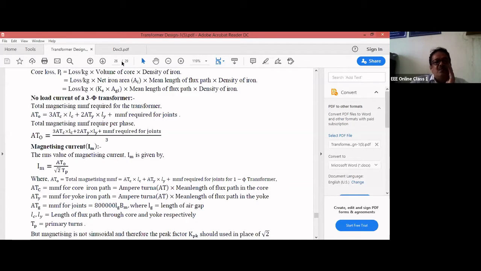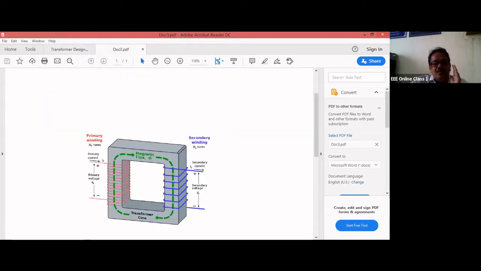Normally, if you see in this transformer, this is the entire transformer core. It is normally divided into two parts. This is called the yoke part and this is called the limb part. In total you take it as the core. But for calculation purposes, you calculate the ampere turns of the yoke separately, and the ampere turns of the core. The ampere turns of the core is nothing but the ampere turns of the limbs, the remaining part, these two limbs. So whenever you say ampere turns of the core, it refers to the ampere turns of the limbs. But the ampere turns of the yoke, I will calculate separately. Okay.